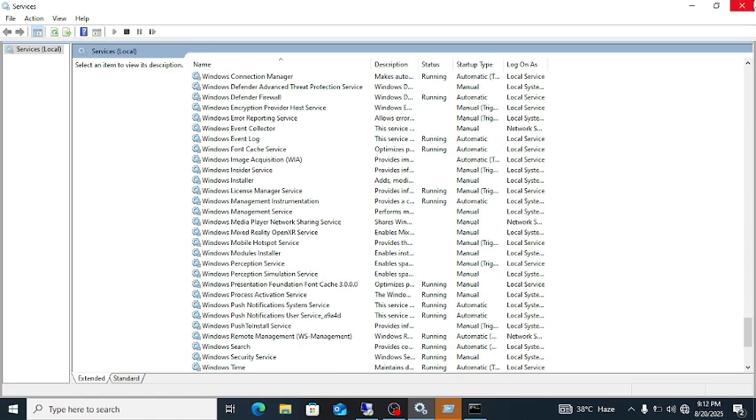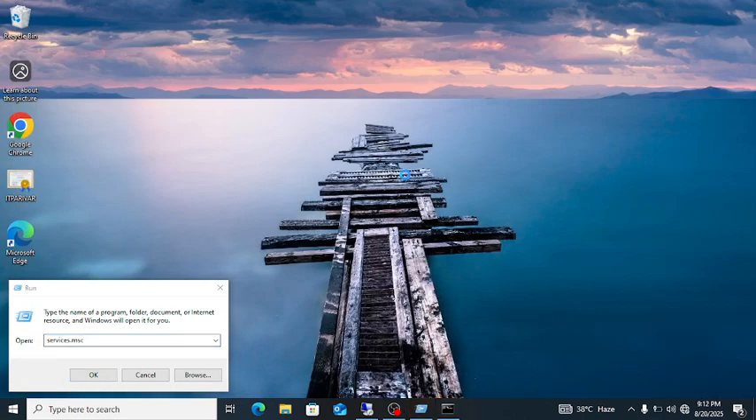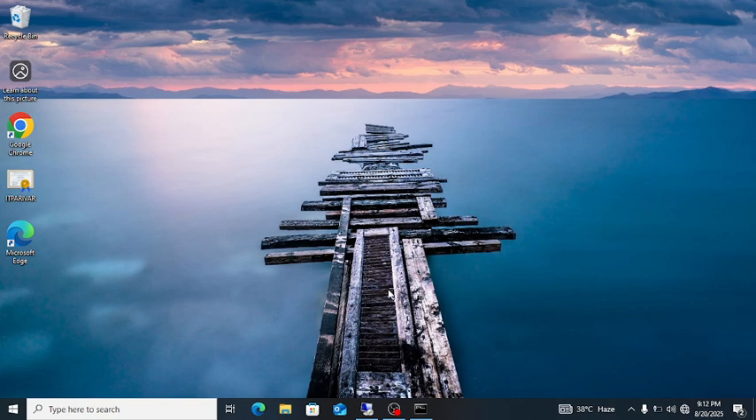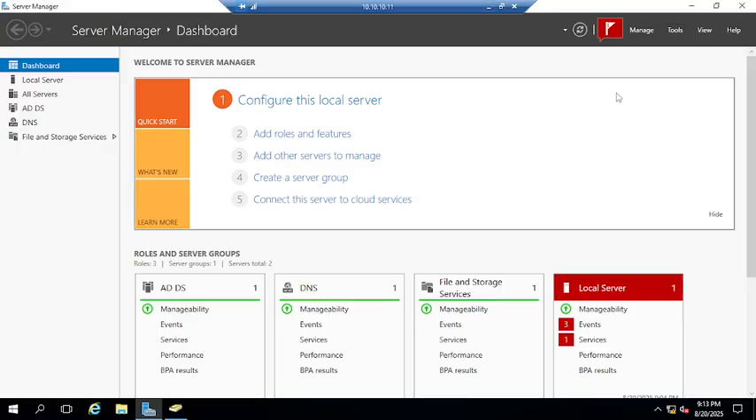So in this way, you can manage particular services, or you can manage access. You can add users to start and stop services to specific services. In the next video, we will see how we can manage the third party services using group